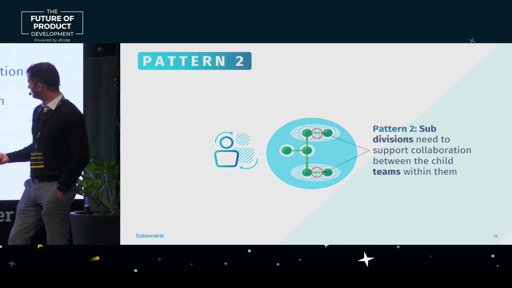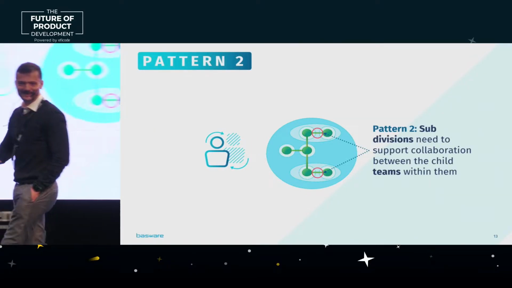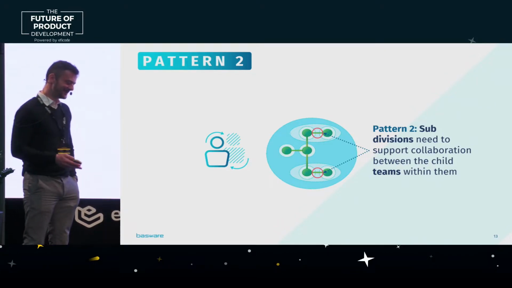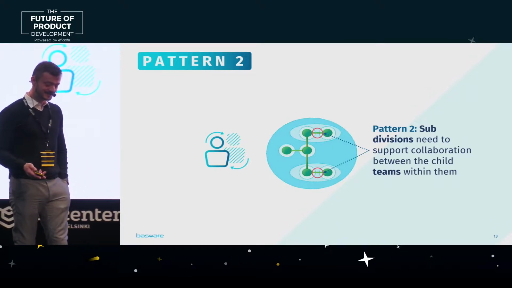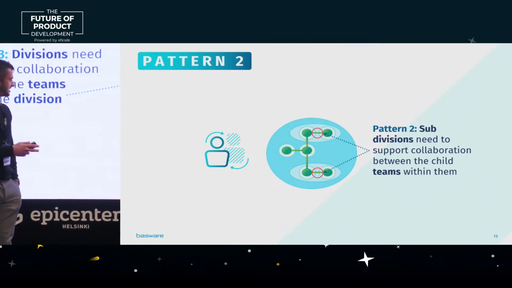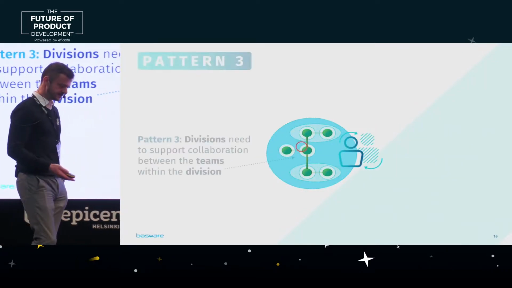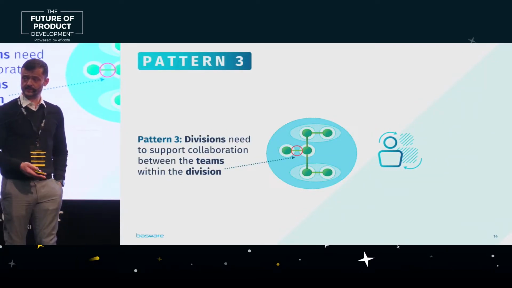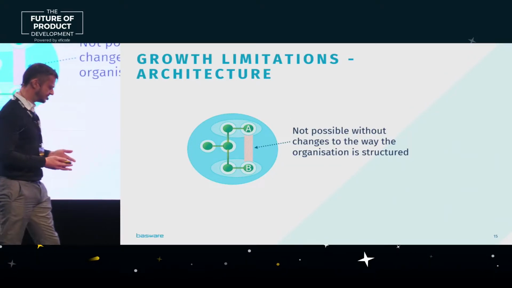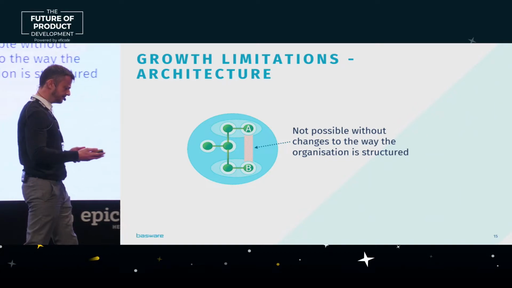Now, the second, and this is moved, so I'll go over this side now. The second one of these enables communication and collaboration between teams directly within a single subdivision. And then finally, we have the pattern that enables teams directly within a division to communicate and collaborate with each other. So, in this example, if we consider the need for data exchange between component A and component B,